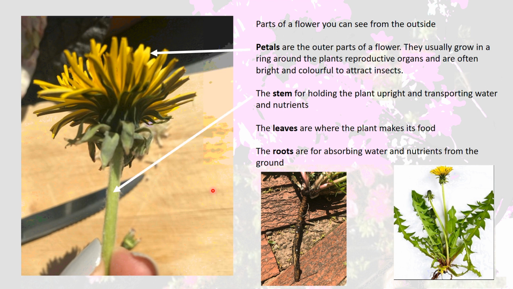We've got a stem for holding the plant upright, and it's for transporting water and nutrients up the plant. If you did the celery experiment, you could see how water and nutrients are transported along the plant. We've got the leaves where the plant makes its food, and the roots for absorbing water and nutrients from the